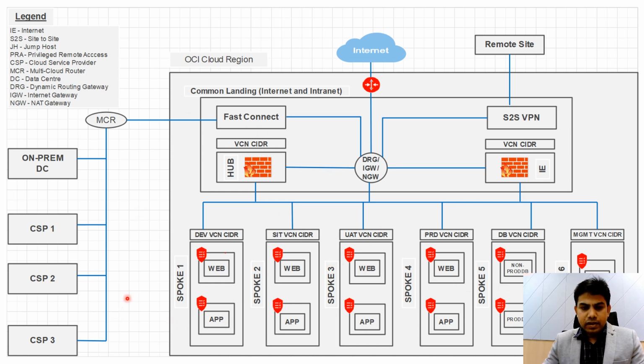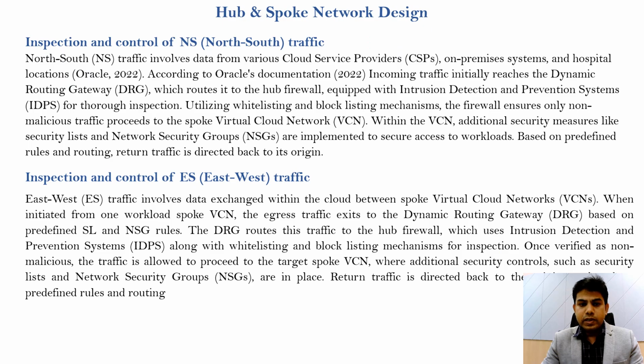So this is at the high level. The north-south traffic, which is initiated from the external network, when it hits OCI, will be routed, then inspected by the hub VCN, and then allowed to a spoke VCN. Similarly for the intranet traffic and the traffic initiated from the internet. That's how the overall traffic is going to flow: north, south, east, west, and internet and intranet traffic. There are various hops and various security controls in place. Let me move on to the next slide.